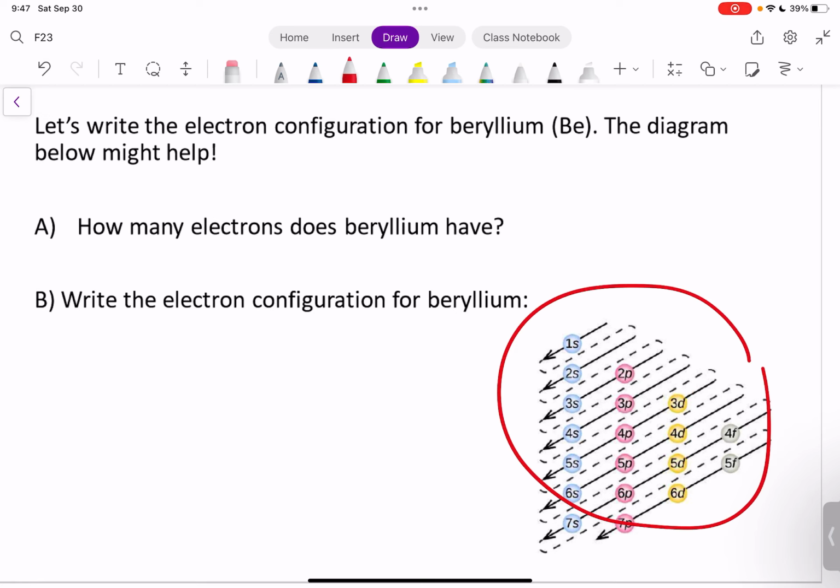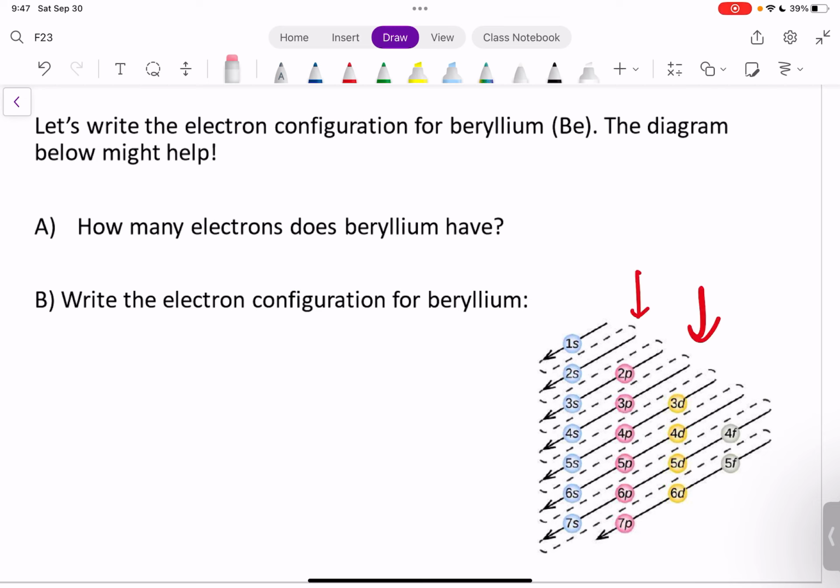And you can write this chart on an exam, just to remind yourself and not make any mistakes. You do that by writing in those columns first, and then you populate them with diagonal arrows. So you're going to go this way. First it's going to fill that 1s subshell, then the 2s, then the 2p, and then the 3s, and then the 3p,